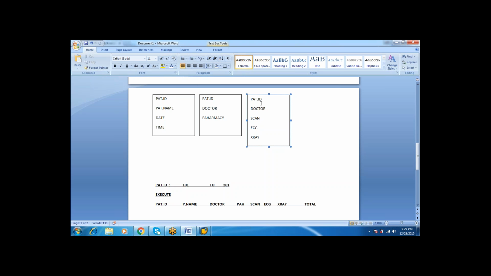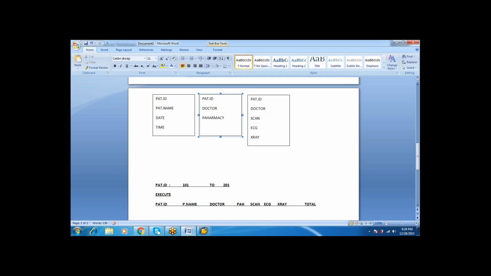Even if the client is not asking for patient ID wise records, if the client is asking for doctor wise records, then what do we have to do? Is it not possible to get the records? Or else, if we can write a program with a condition, such as whenever the pharmacy bill is more than 2000, I want to get that report, then what do we have to do? So, in that situation,